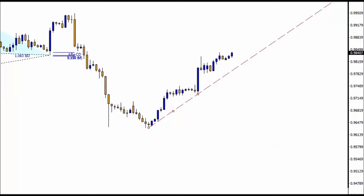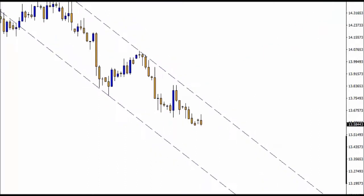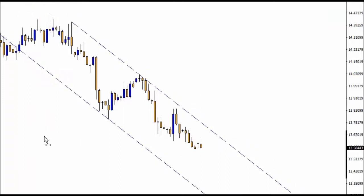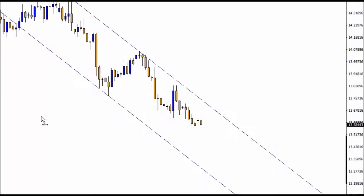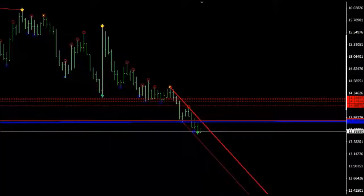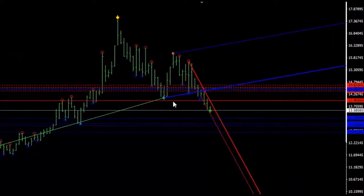Let's take a look at the dollar ZAR. Now the dollar ZAR is quite interesting. The reason we're following that is I think dollar ZAR has got potential to come down to about 12.80. Let me just check that for you. Now this is the daily on the dollar ZAR, and this is the weekly on the dollar ZAR. As you can see, this breakdown can bring the dollar ZAR all the way towards the 13.20, 13 region here, down to these levels here,